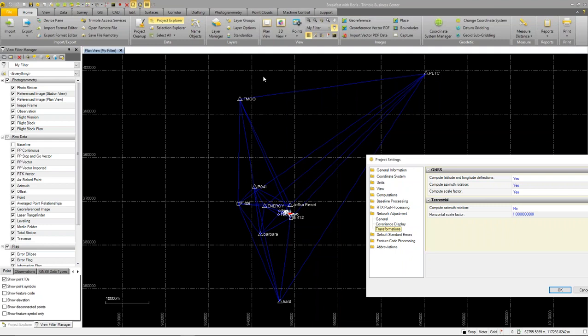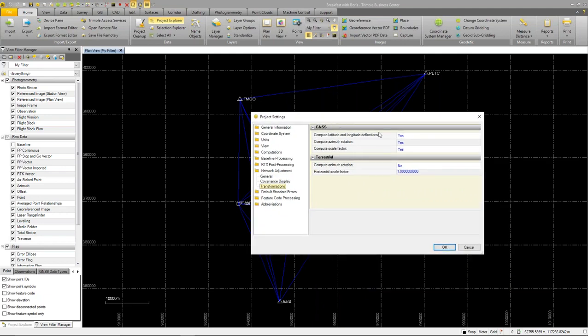And that actually is better than trying to distort your network to fit the control when all you really needed to do was rotate it a little bit and scale it and make it fit very, very well. So you'll retain as much of the internal consistency of your network as possible while making it match the control values, and you'll get better fit for your final coordinates for the unknown points by doing that. So we'll look at that a little bit later, but here is where you can control whether that takes place